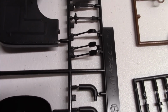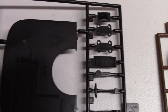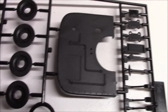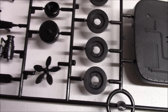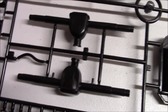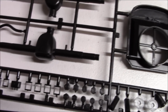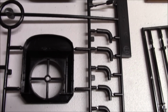And just kind of, there's your pedals and your firewall. There's some more engine parts there. Another part to your rear end, obviously. So, and then moving up this way,